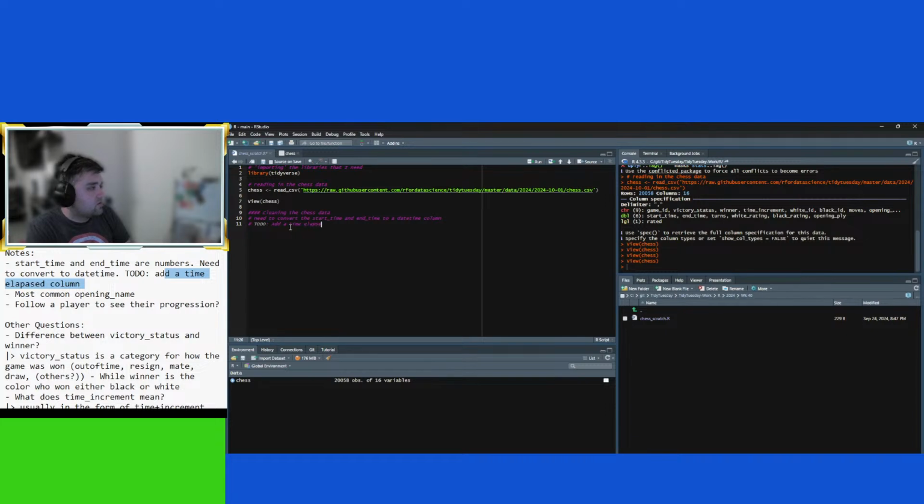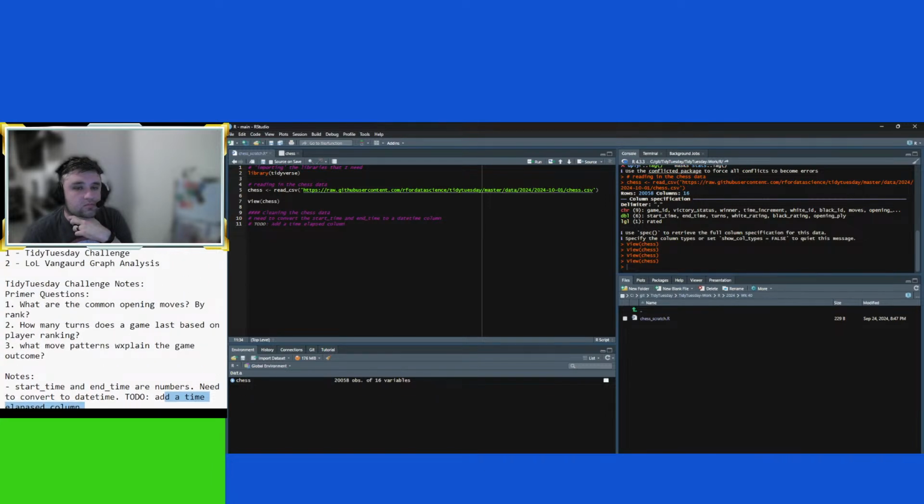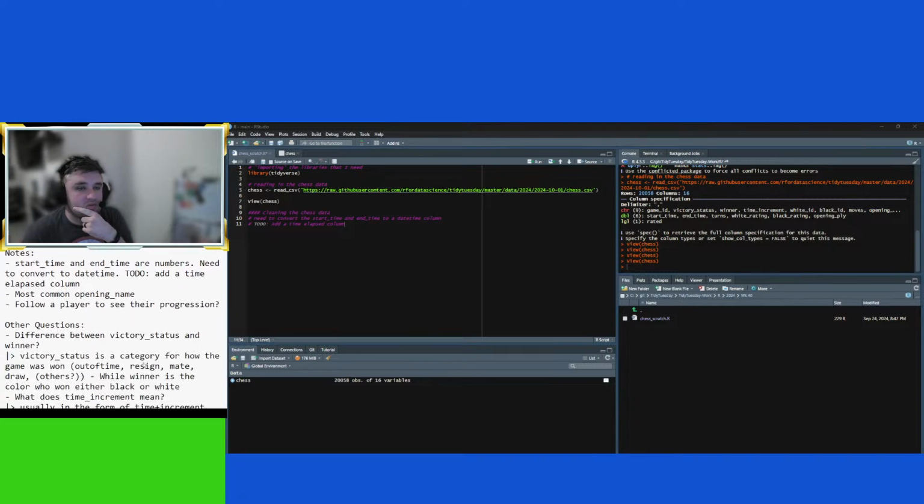Time elapsed column. Explain the game outcome.